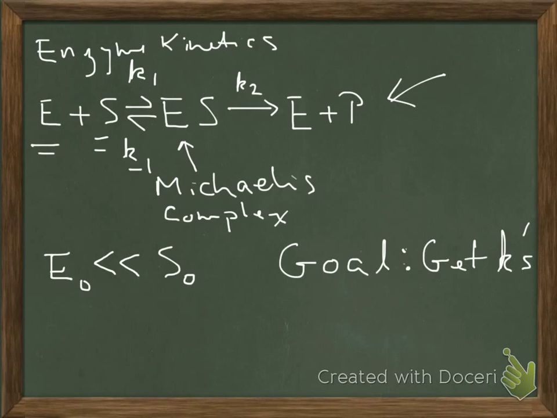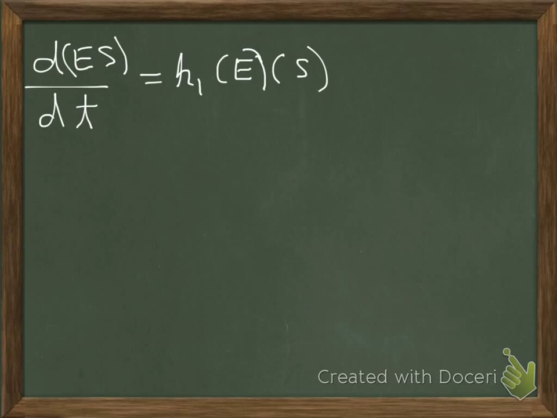So if you look at it, again, focus on ES right here, you can see that there's one way flowing into it, and so we've already accounted for that, and then there's two ways flowing out. One is going this way, and one is going that way. All right? So let's write those down. And those are loss. Those are not gaining. It's going away. So one is K minus 1 times ES, and the other is